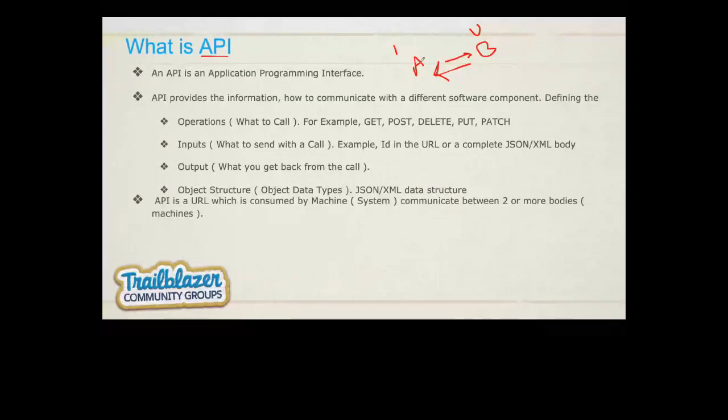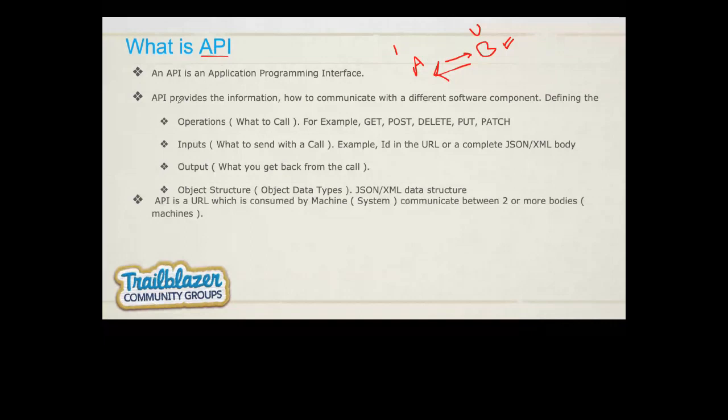So what we do is, if we want to consume or send data to system B, the developers at organization B develop an API and give you some endpoints that you can consume from system A, and you can get the data from B. Or you can do vice versa. You can develop the API for system A, and then system B can access your data based on whatever authentication and URL parameters you have given.